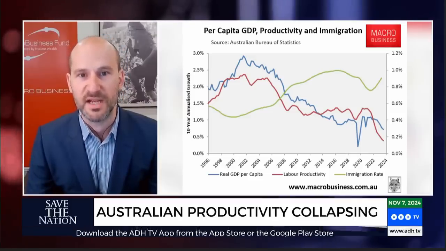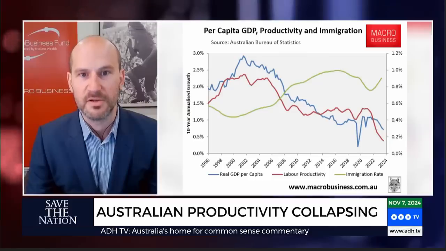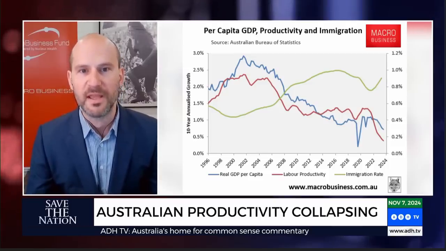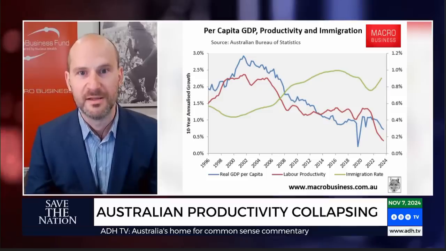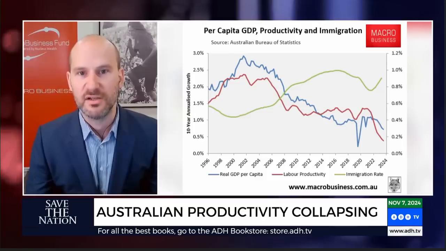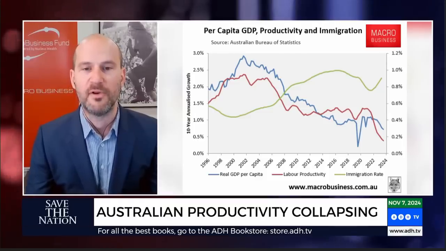And it'll mean that instead of producing 100 coffees per hour, which is keeping your labour productivity constant, you'll produce, say, 75 coffees per hour. So you've increased the number of people, but you haven't increased the capital stock, i.e. coffee machines, to go with those people, which means you can't produce as many coffees per person. And that is effectively what the Australian economy has done for 20 years. We've grown the population aggressively. Since 2000, Australia's population has grown by 8.5 million people. But we haven't had the infrastructure, the business investment, the housing, etc., to keep up with that population growth. And as a result, we've seen massive rises in congestion, less capital per worker,